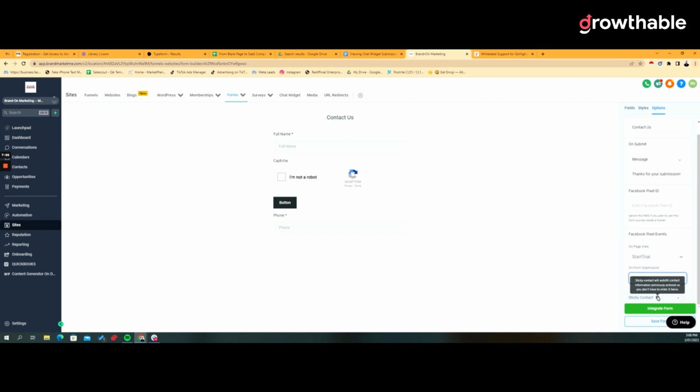And again, sticky contact basically will automatically fill the contact information if they exist in the system already. So they don't have to enter it twice, which is very handy. So this is how we build and create